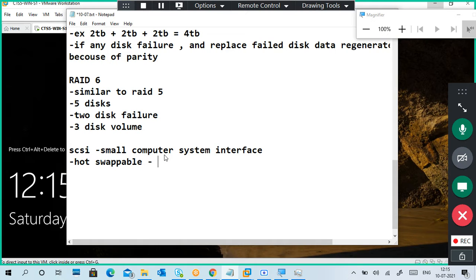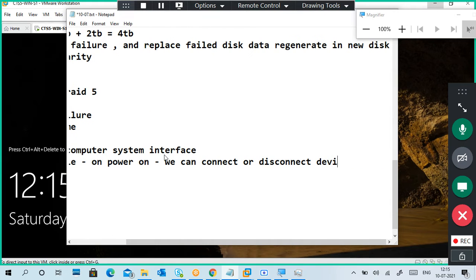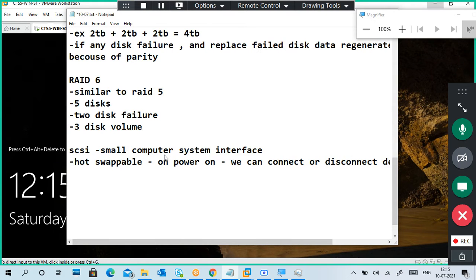What is hot swappable? On power on condition, we can connect or disconnect a device. So that is hot swappable.